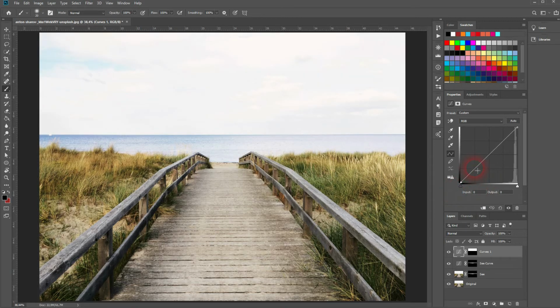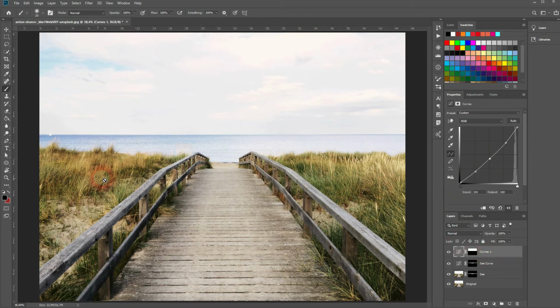I want to bring back some details here. So I go down with the shadows, the midtones and the highlights. Maybe something like this. It's only a slight adjustment, but it makes the cloud look a little bit better. And there's no adjustment needed in the color channels, so blue, green and red we can keep like it was in the original. Now we want to take care of everything else,